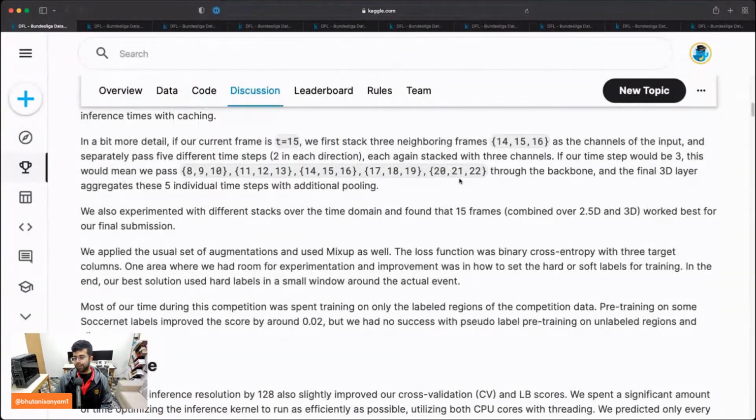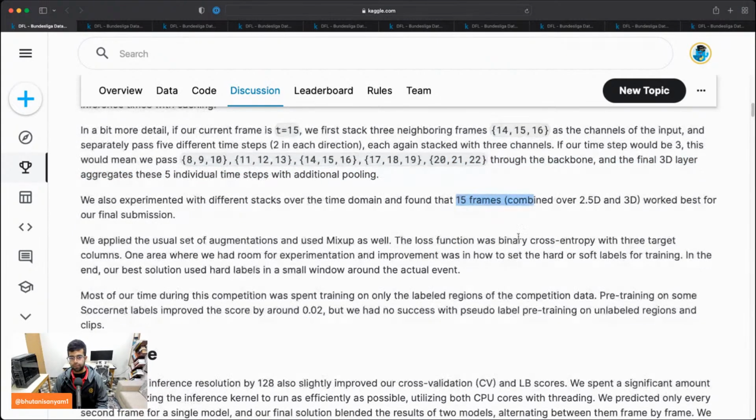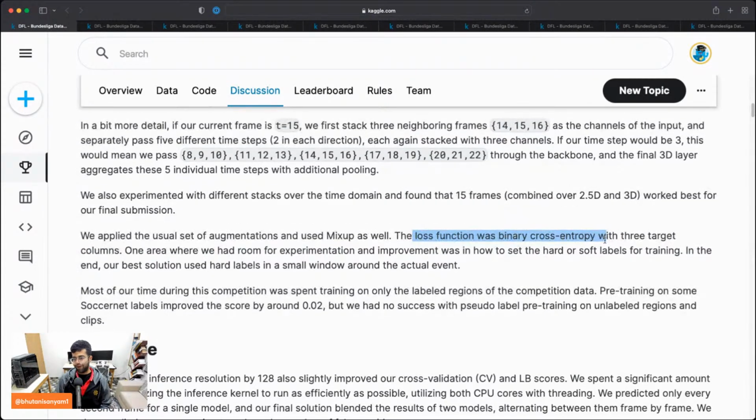So you have these stacked throughout the backbone, and the final 3D layer combines these five timestamps with additional pooling. They say 15 was the best sweet spot, and they applied the usual set of augmentations and mixup as well. The loss function was cross entropy because you're doing classification. You have different classes. It's not a regression problem. With three target columns, they said